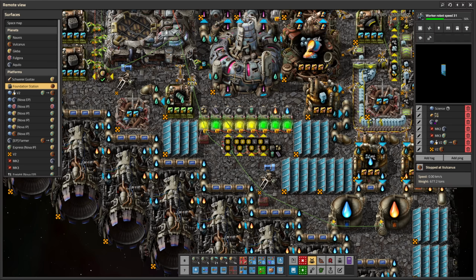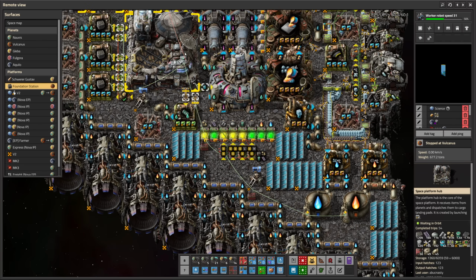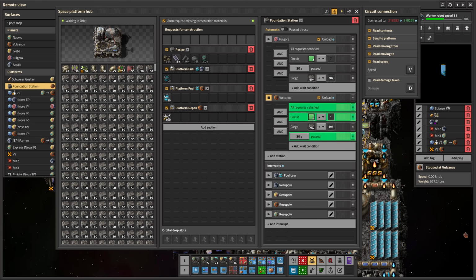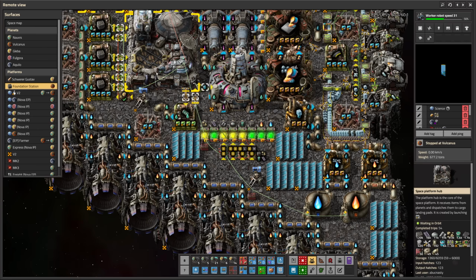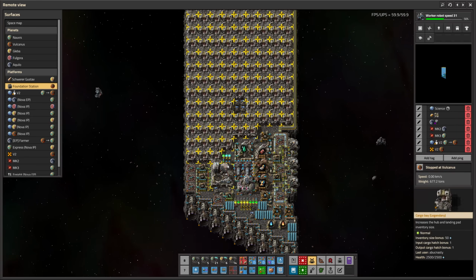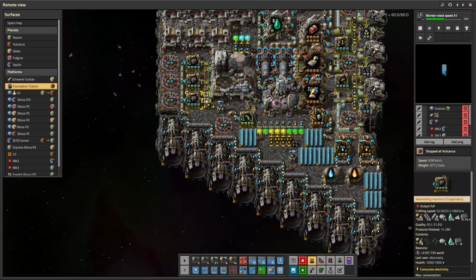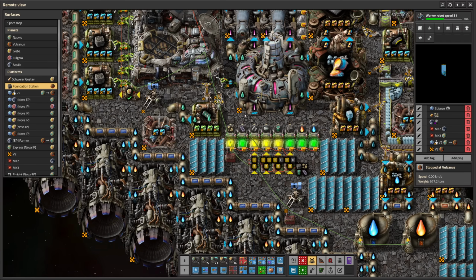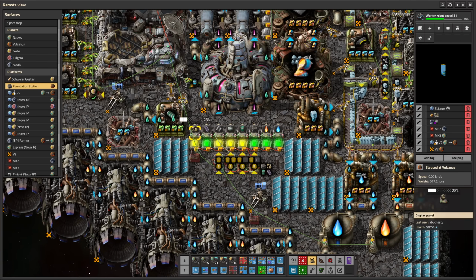So they're really simple. You connect them to whatever you want to monitor. In my case, I'm monitoring the space hub here, and I'm curious about the resources that go into crafting foundations. I have a ship that goes around, picks up all of the items, and then crafts foundations in space. So the way that I do that is I copy this blueprint, and what it does is it's really